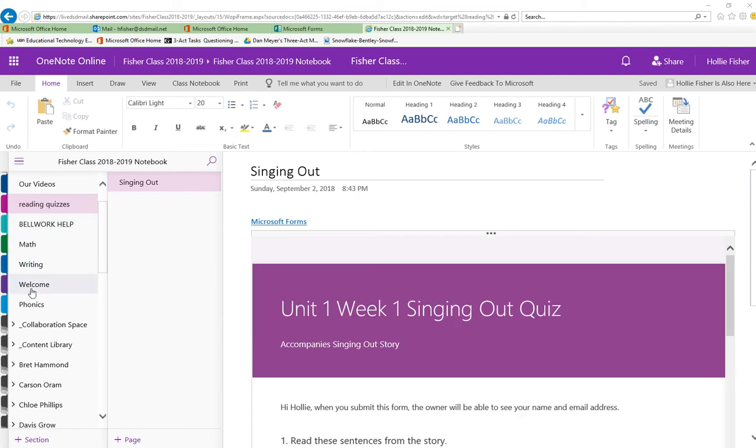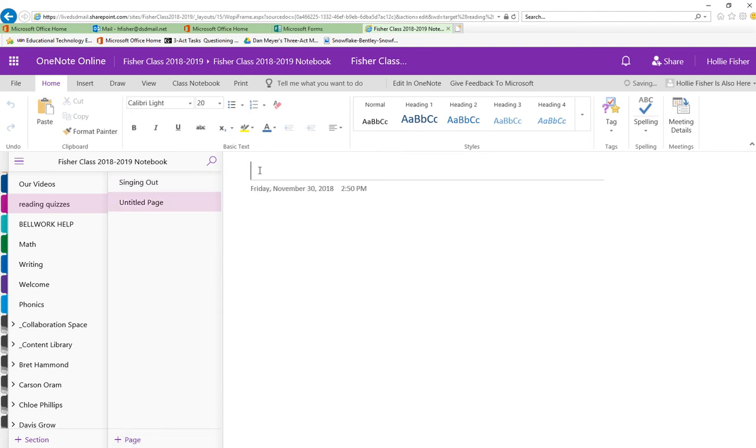First of all, you'll find a tab where you want to insert it. It could be your content library, it could be anywhere. You're going to share it with the students, so it doesn't really matter where you put it. For now, I'm just going to stick mine in reading quiz. Then I will click on Add Page and write down the title of the quiz. I'm going to put in here Mid-Year Survey